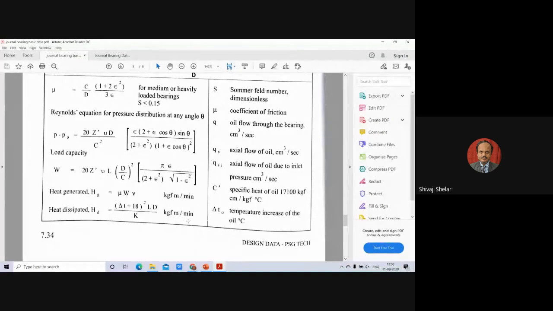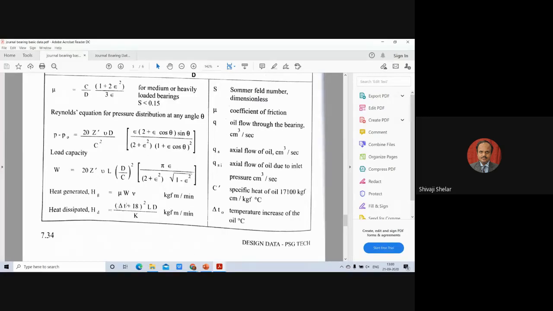So you can convert into Newton meter per second by multiplying by 10 to convert kgf into Newton, and dividing by 60, converting minutes into seconds. So 10 by 60, that is 1 by 6. You will get this value in terms of watt, because Newton meter per second is nothing but watt. So the heat dissipated in watt can be calculated.